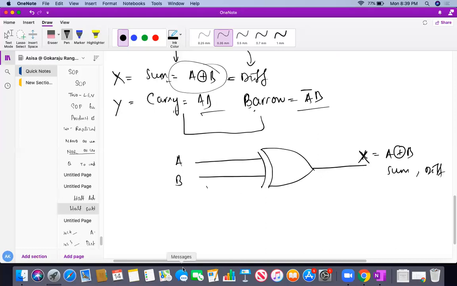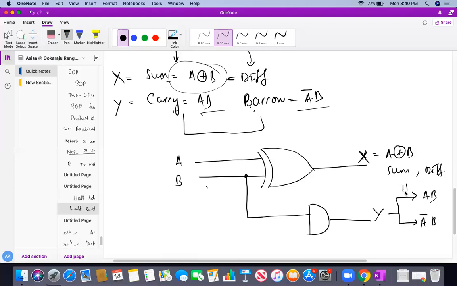So I have to design a digital circuit which performs both the half adder and half subtractor by changing a single bit. I am now telling you that clue actually. See here what I am doing. This is the digital circuit, and this is the B I have taken here. I am taking an AND gate here, this is at Y. So Y would be giving two things. What is that? AB and A bar B. If it is a half adder, it would give AB. If it is a half subtractor, it would give A bar B.